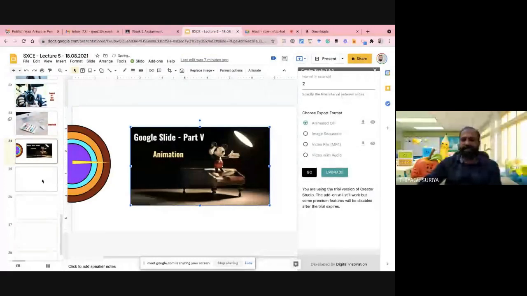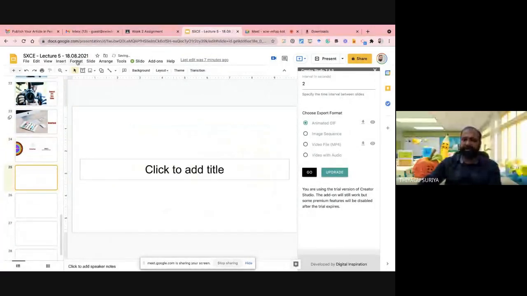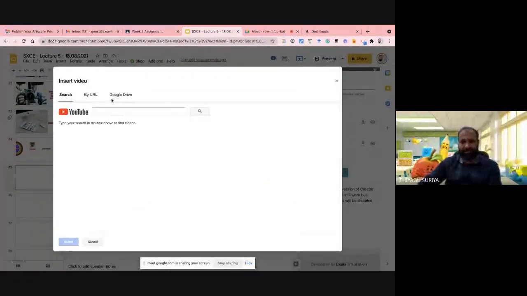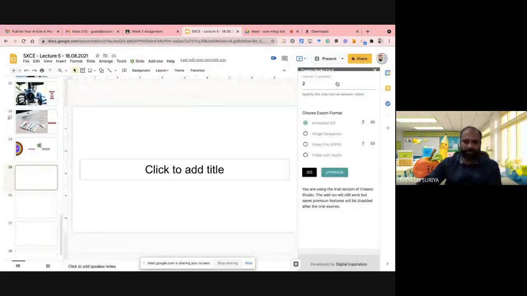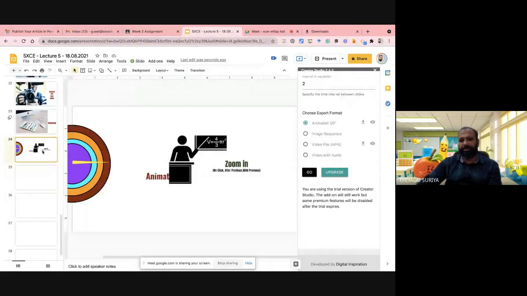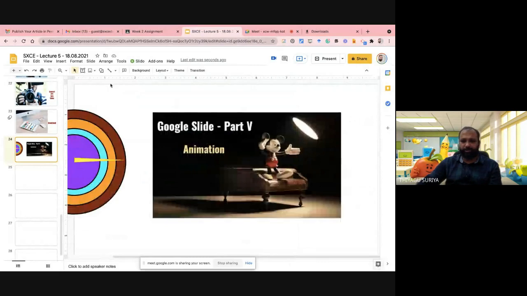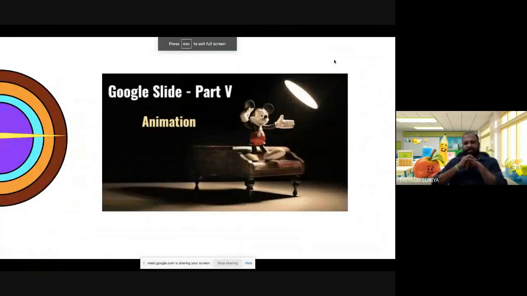Similarly, if you would like to add the previous video, you can go to Insert, go to Video. In the video option, you can add from the desktop, from the URL only. Otherwise, you can go to the options. Otherwise, you can do drag and drop. That's also fine. So it automatically goes to the drive. You have to upload this video in the drive and then you can do this. Now you can see how the GIF changes. I'm going to go to presentation mode. I didn't do anything on this particular slide. You can see the animation effect.